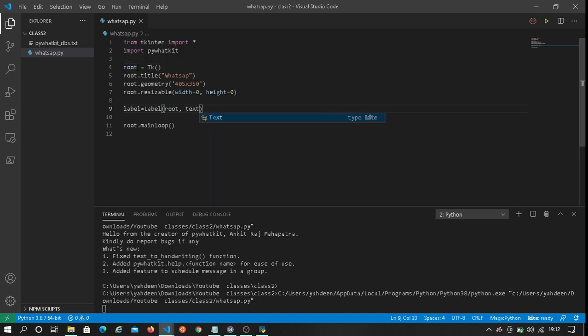So text equals WhatsApp automation. Now we are setting the text of this label.